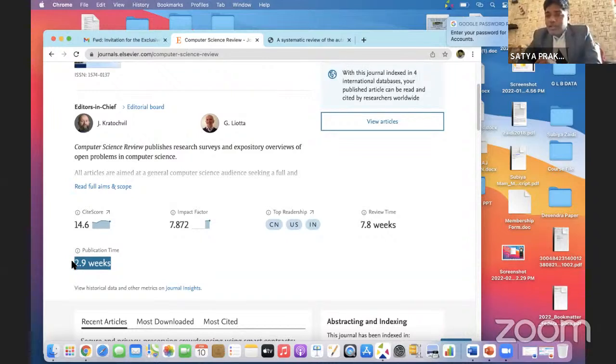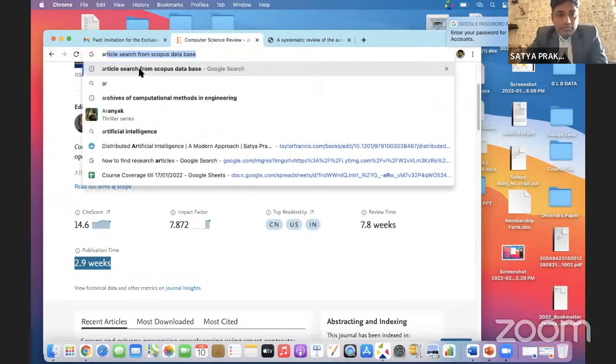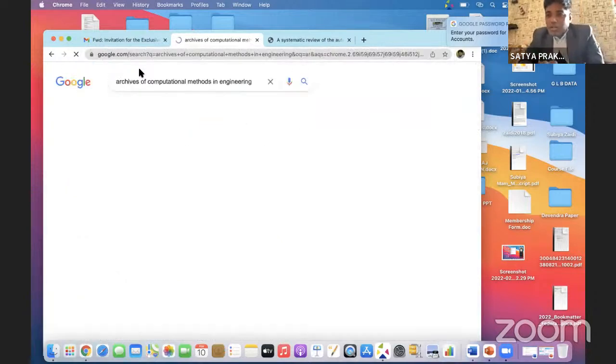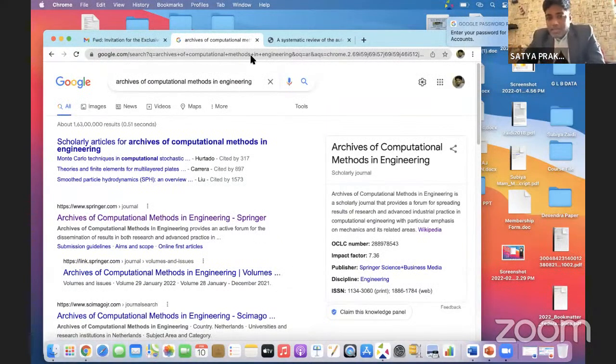So generally, this type of journal has a huge demand in the market to publish articles, because everyone considers their thought first: they go through the review process, and then they go to implementation mode. So a review article must always be recommended by reviewing journals. Like there is another journal, arXiv. The previous one was the Elsevier journal, and this is the Springer journal. It also has a 7.36 impact factor.